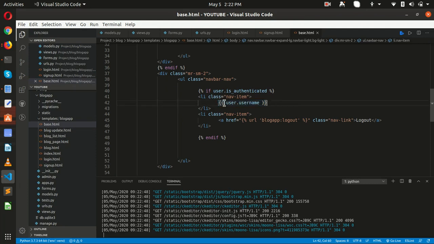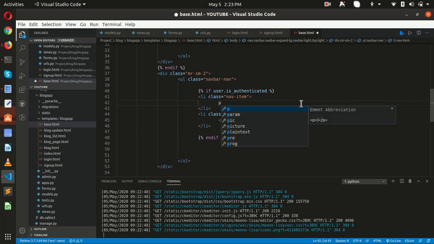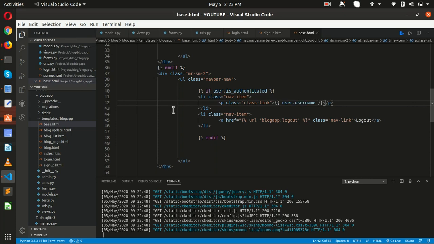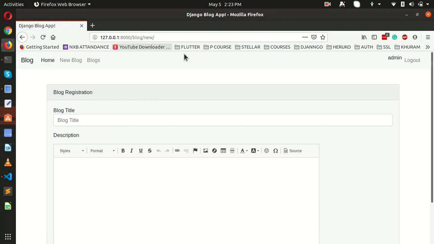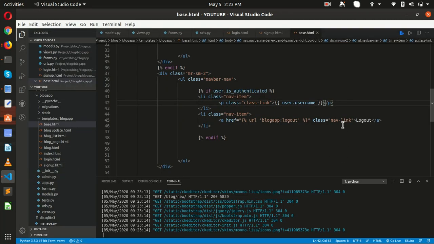So for that we have to do another thing as well to display it clearly. P dot class, its link. Let's have a look again now. It's still the same, I think so.